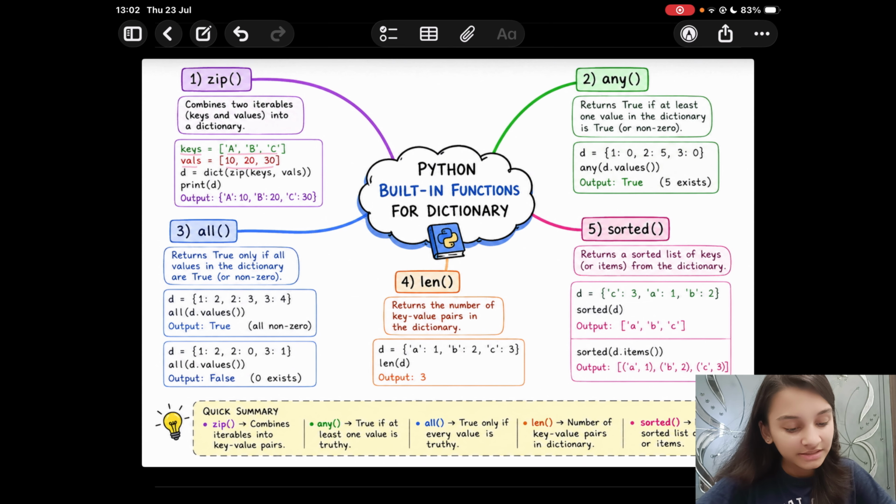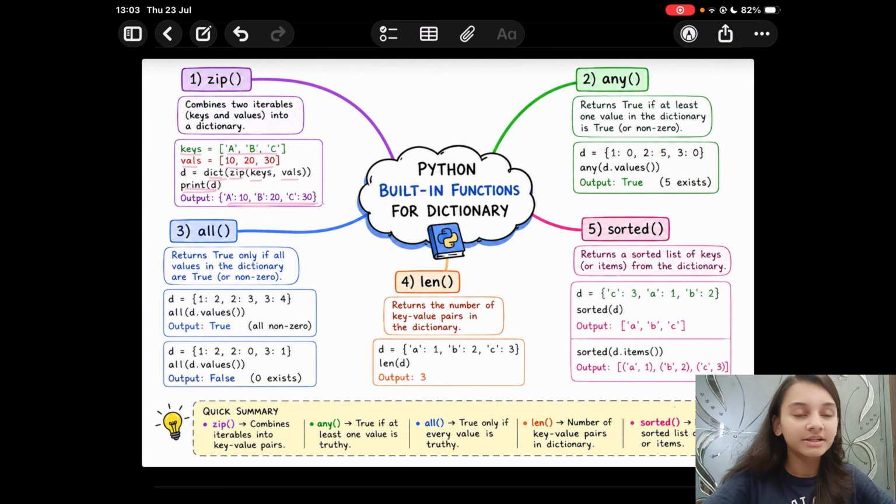So on using the zip function, keys comma vals in brackets, and then using the dict built-in function, on printing the dictionary, the keys and values will be converted to a dictionary. So here the elements of keys will act as keys and the elements of vals will act as values for the dictionary.